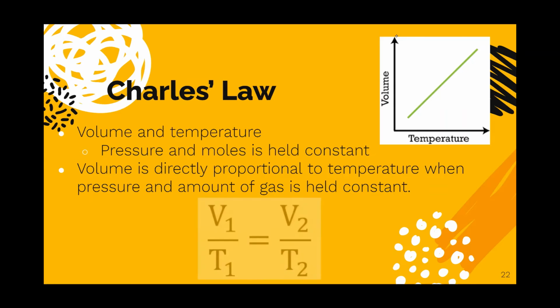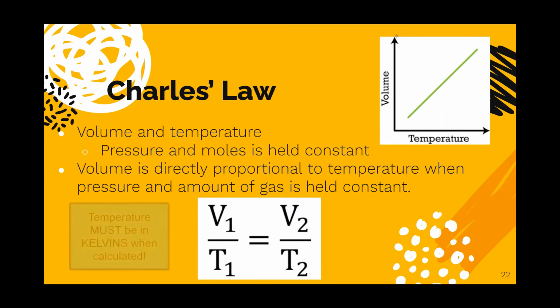With this relationship, we end up getting this equation. Notice that now we have volume over temperature instead of, in the last one, pressure times volume. Before we were multiplying, here we're dividing. So we have V1 over T1 equals V2 over T2. Again, think of 1 and 2 as your before and after, or scenario 1 and scenario 2,